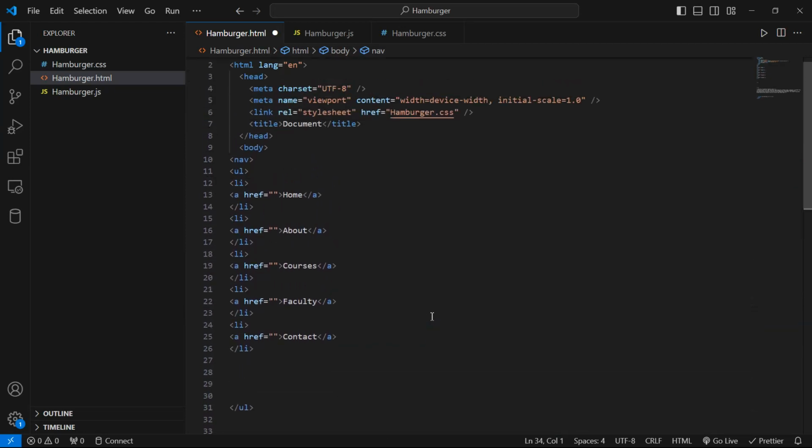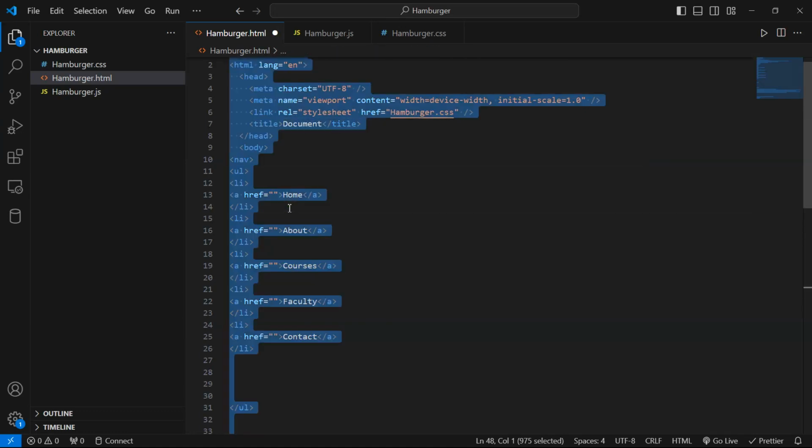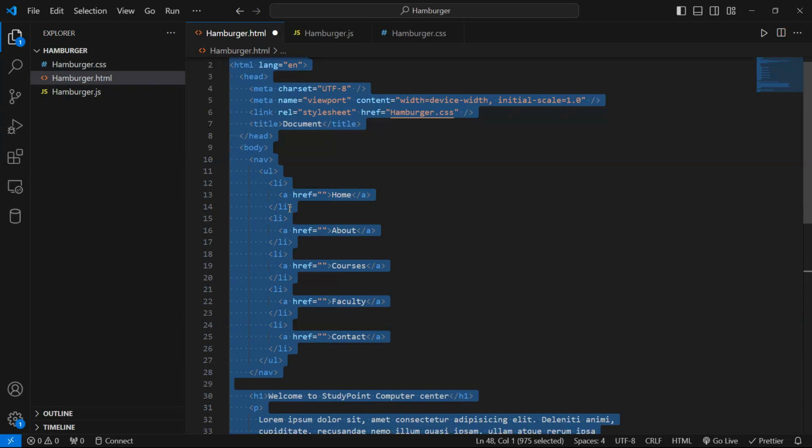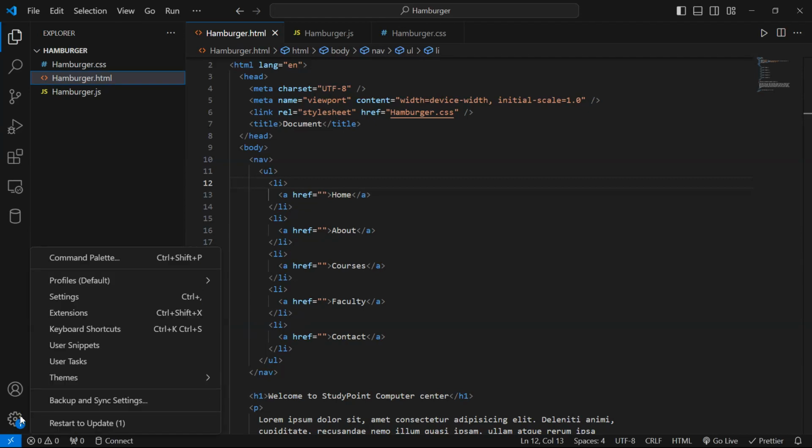Now comes the portion for the CSS and to work with it. So within navigation we have UL. This is not formatted properly. Let me save the file, Ctrl S. Fine. In your case, if the formatting doesn't work properly, go to here and then search for user